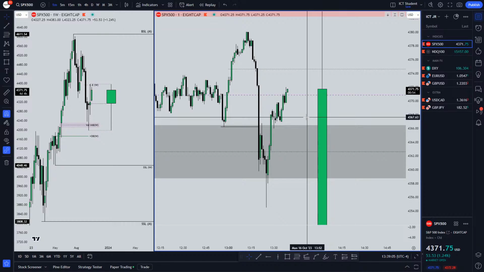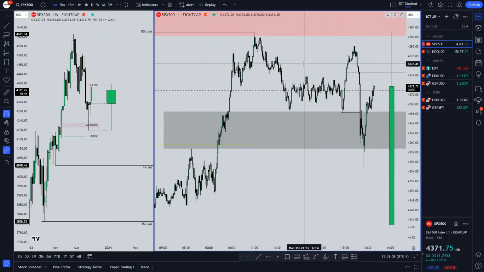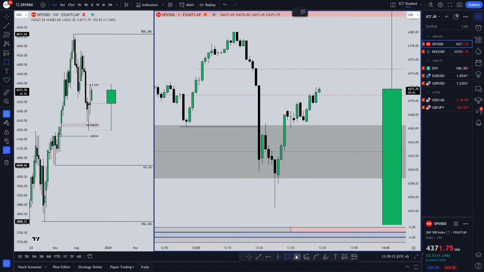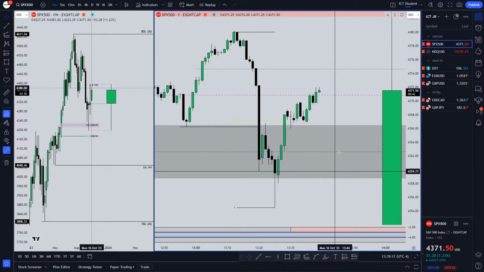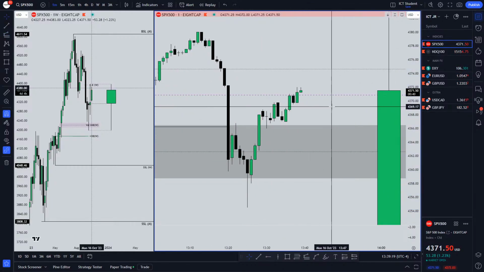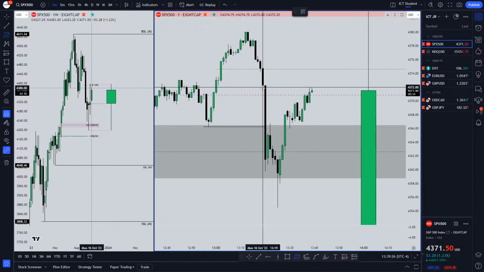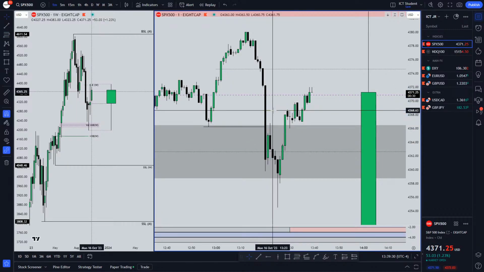To me, we're going to sweep AM highs probably. Yeah, that's kind of what I'm anticipating right now. We're going to sweep AM highs. I just want to see how we react to this dealing range too. So we are inside of a premium. We are respecting the premium, so. And we're about to close above this. If we close above this big fair value up here, it's key.